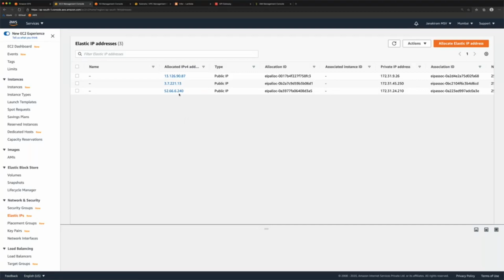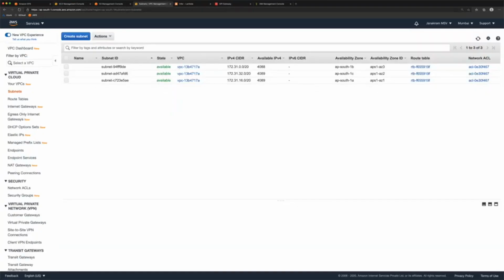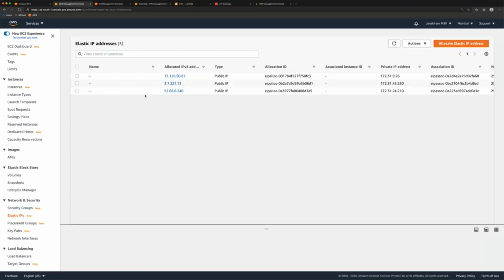The best practice for that is to use an internet gateway or the NAT gateway and configure a routing table for your subnets. That is how it is supposed to be done. But I have taken the shortcut of creating an EIP for each ENI and circumvented this whole mechanism of creating the gateway. But again, not recommended. Don't do this. This is good for a demo, not for production use.